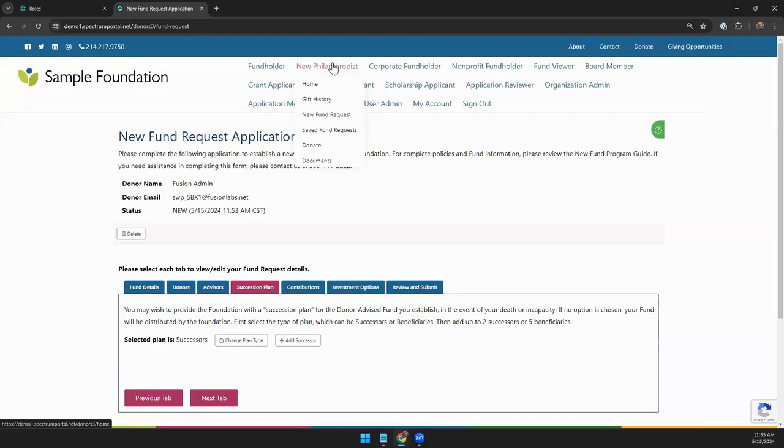So great way to expand on what you've got in your site already, most likely your foundation website, for setting up new fund holders. This is a great way to get them engaged with the portal, get them a portal account, and even give them a place to start their own application. We think that's a really cool feature that's underutilized here. So